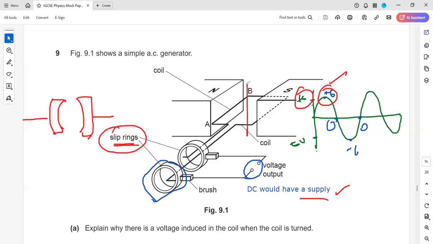When the coil is vertical, what will be the voltage? The voltage will be 0. So when it is vertical, there is no induced EMF because there is no change. And then again, when it is horizontal, like AB is on the right hand side, when it rotates 180, it will be -6 volts. So now the question is,